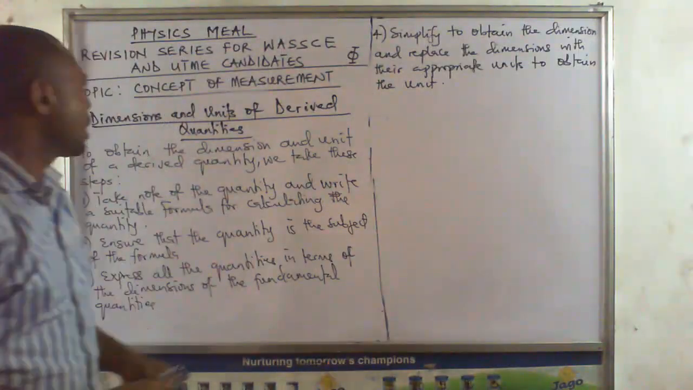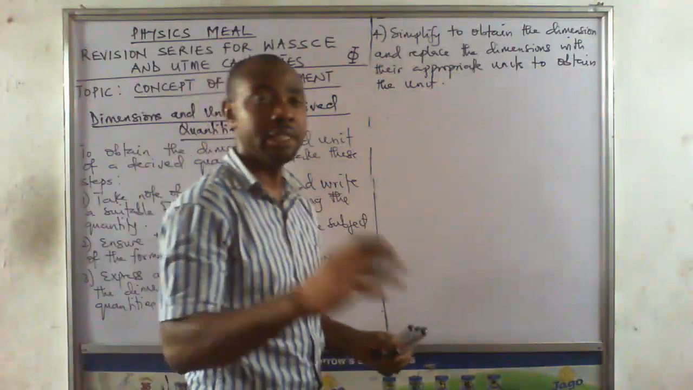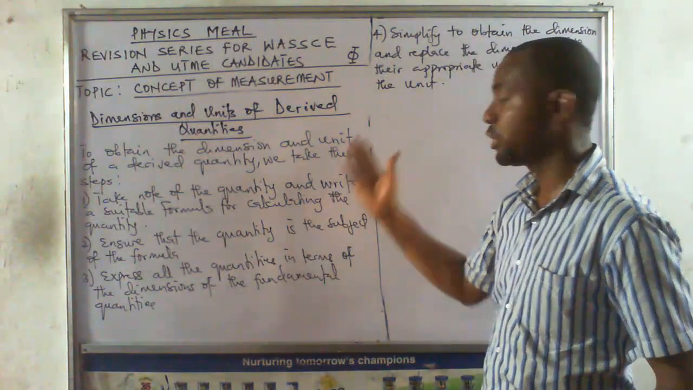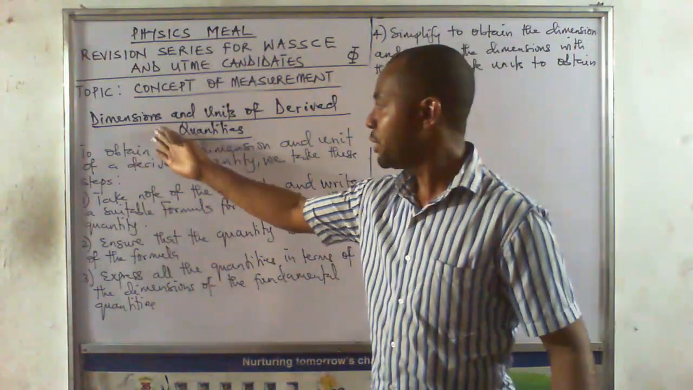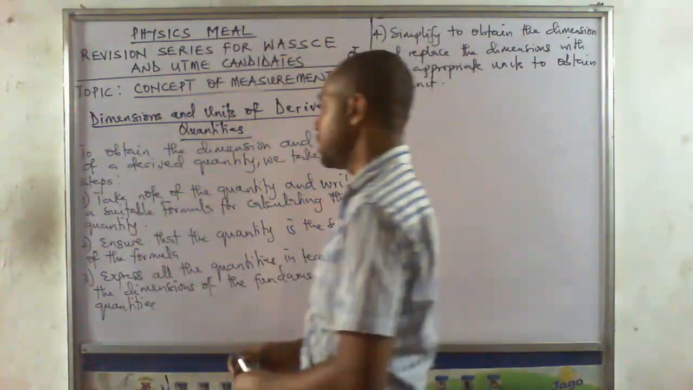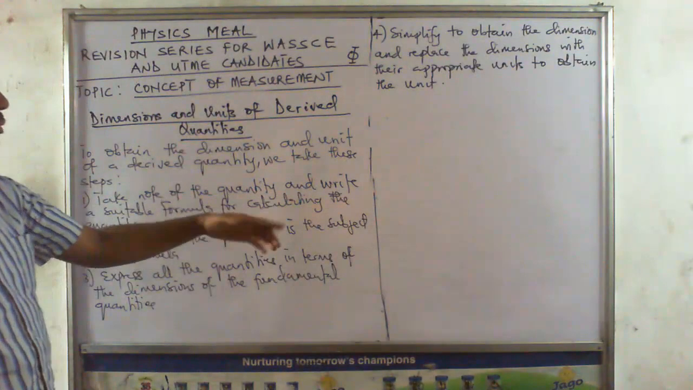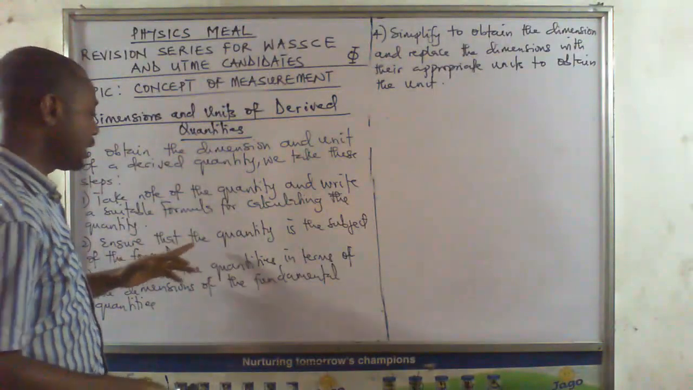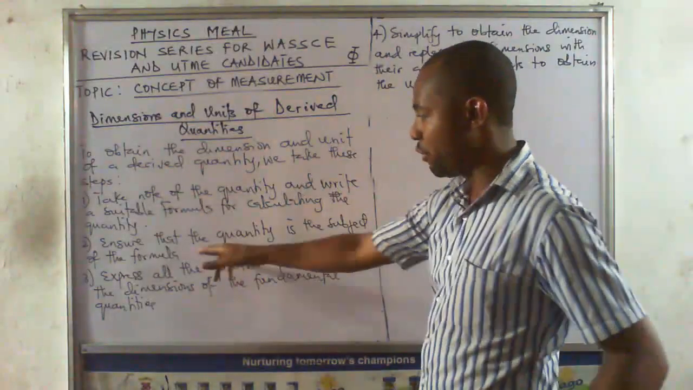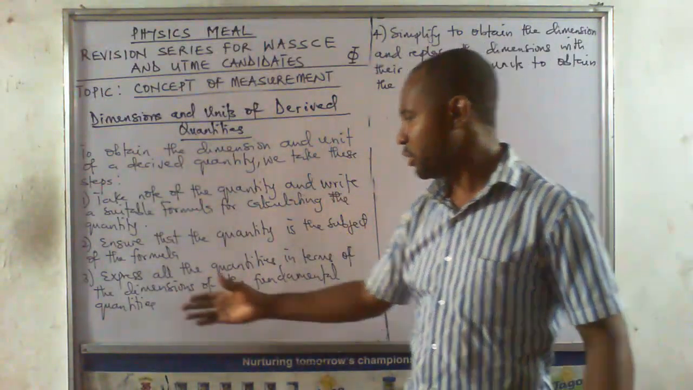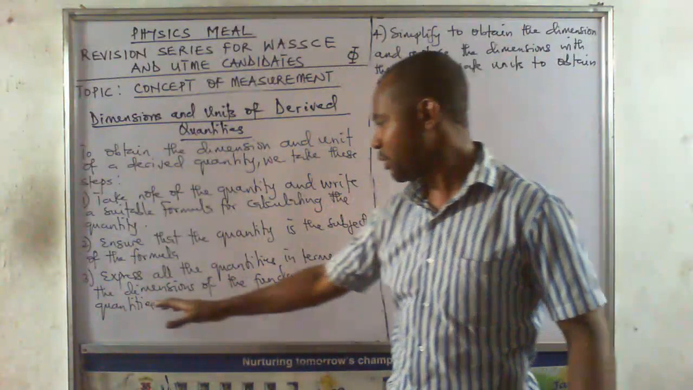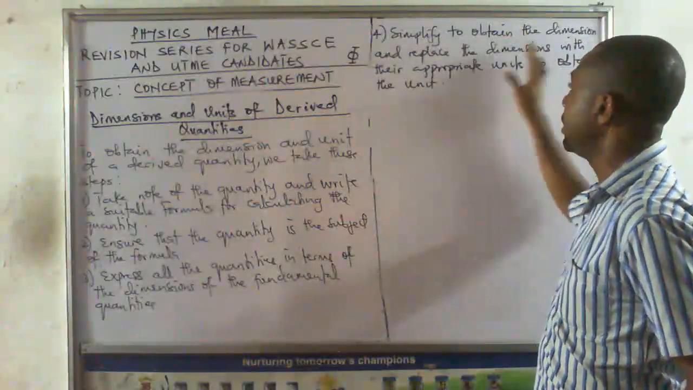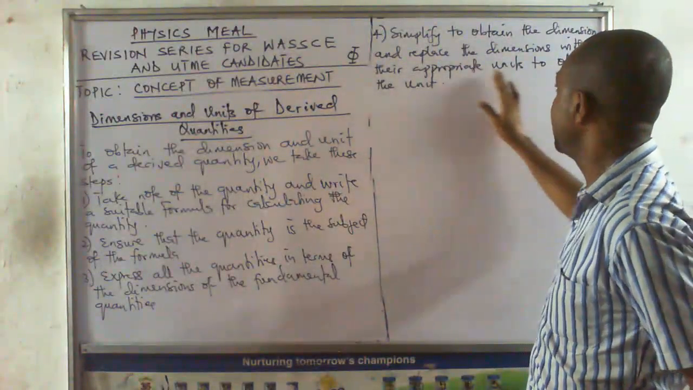So when we want to obtain the dimension and the units of a derived quantity, what are we going to do? We just need to take these four steps, then we'll be able to obtain the dimension and units of the derived quantity. So the steps are as follows. Take note of the quantity and write the suitable formula for calculating the quantity. That's the first thing we do. Then we ensure that the quantity is the subject of the formula. That's the suitable formula you have written. Then the next thing is to do what? Express all the quantities in terms of the dimensions of the fundamental quantities. Then finally we simplify to obtain the dimension,